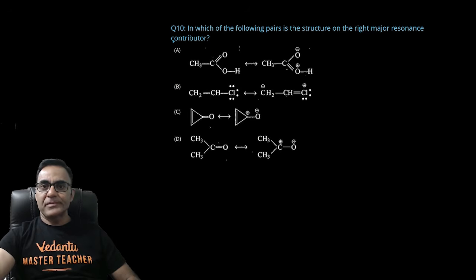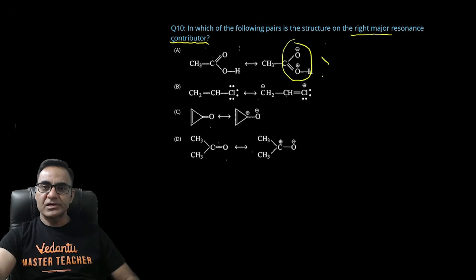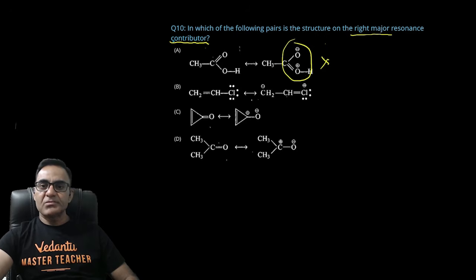इन विच ऑफ द फॉलोइंग पेयर्स द राइट मेजर रेजोनेटिंग स्ट्रक्चर, मतलब जो राइट साइड में लिखा हुआ रेजोनेटिंग स्ट्रक्चर है वो मेजर कंट्रीब्यूटर है, यानी ज्यादा स्टेबल है। ऑलराइट, चलिए एक एक ऑप्शन चेक करते हैं। पहले ऑप्शन में यहां पे एक्चुअली चार्ज सेपरेशन हो गया, तो सेकंड यानी राइट साइड वाला जो कंट्रीब्यूटर है वो मेजर नहीं होगा, ये नहीं होगा आंसर। डी में भी वही बात है, ये भी नहीं होगा आंसर।